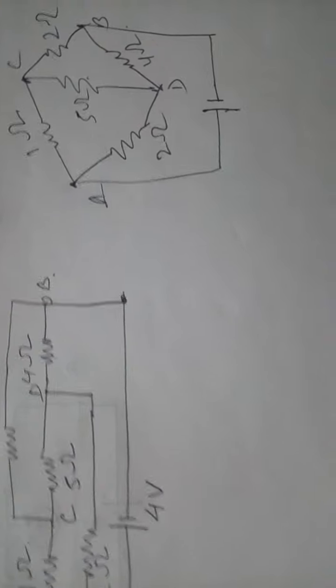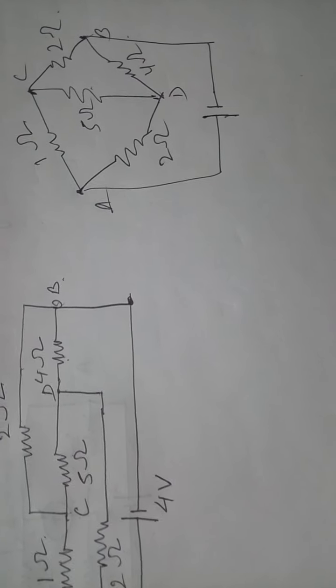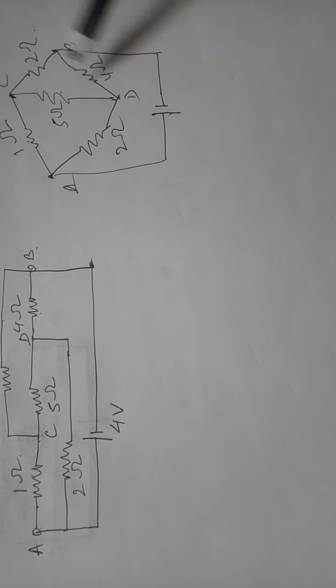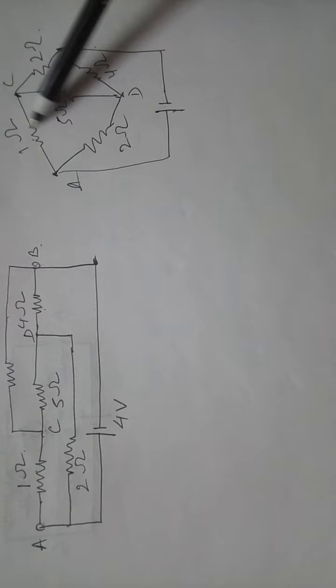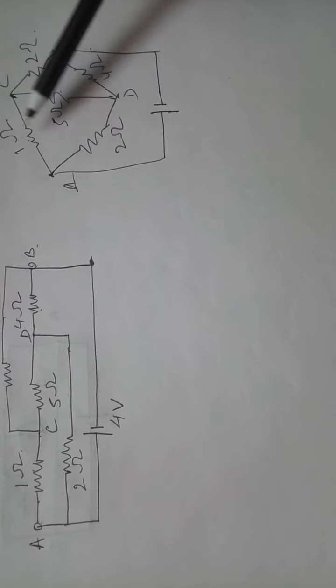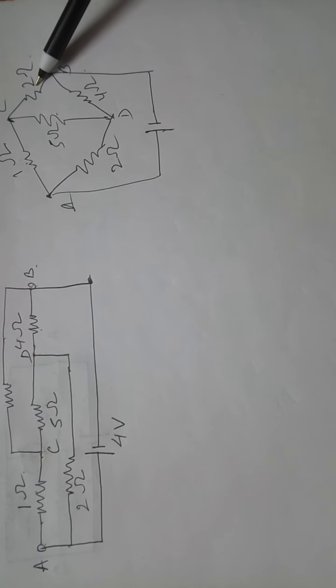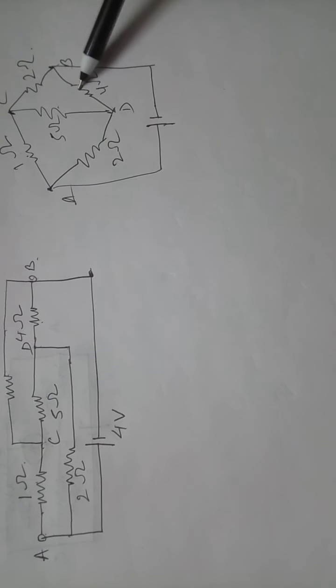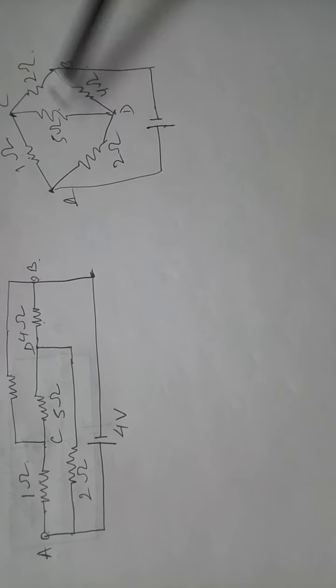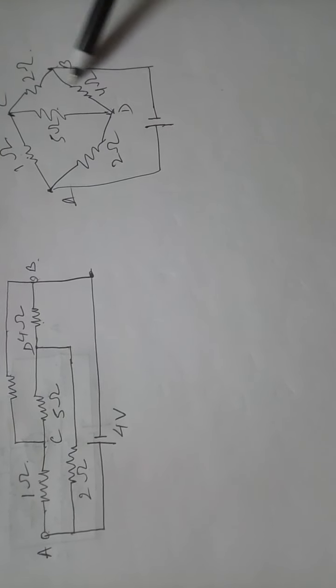Now we will apply the general principle of the Wheatstone bridge. So we have got the 5 resistances. This is P by Q is equal to R by S. So here if we apply that condition, P by Q is 1 by 2. So here it is 1 by 2, and here again R by S is 2 by 4, which is again half. So here also it is 1 by 2, and 2 divided by 4 is again 1 by 2.